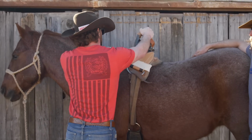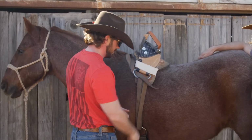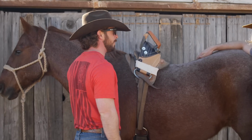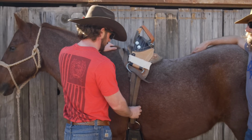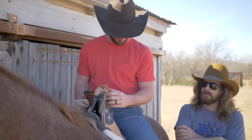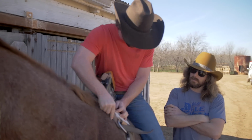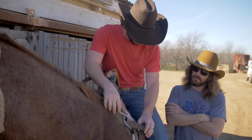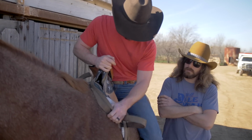So you want to make sure it's not got a lot of rock in it. And I mean, you're not trying to hock it in them any more than you have to. So you're just looking for that stop right there, and that should be plenty tight enough, especially for what we're doing. When you get yourself cinched up here, you take the tail of this latigo, go out the back there, pull it through like that,